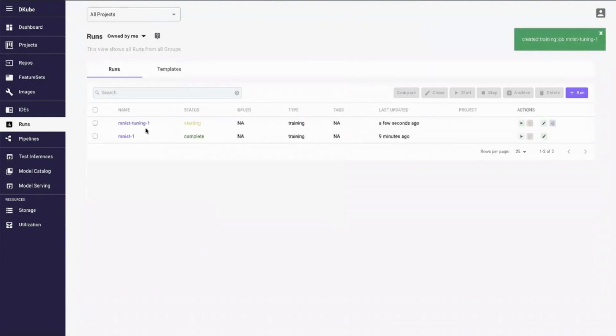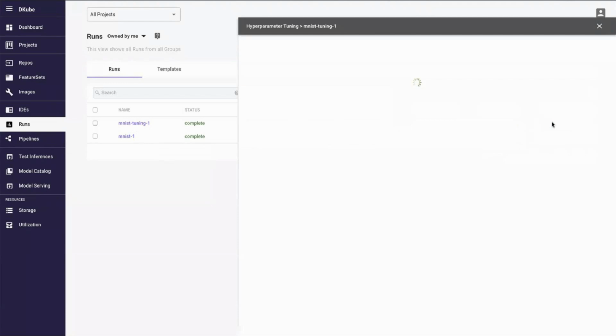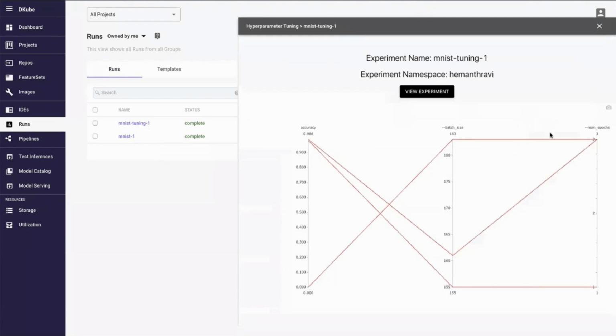This would start a hyperparameter tuning job, which will schedule multiple pods to walk through the search space. This is the one that will be enabled once tuning runs are complete and the optimal hyperparameters are determined. The hyperparameter tuning runs, once they're complete, there is this icon that gets enabled that shows the results of your